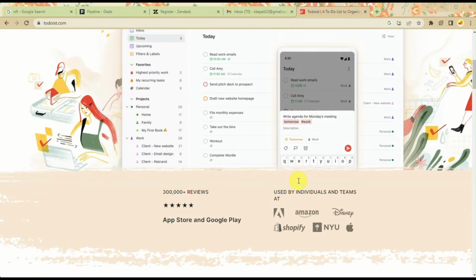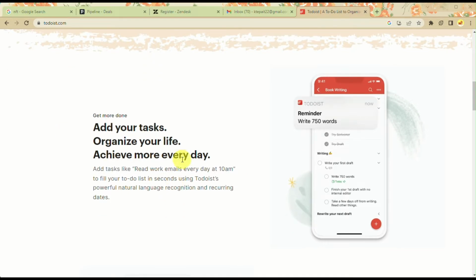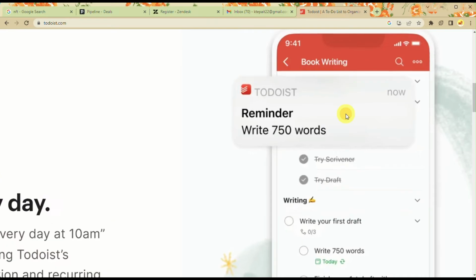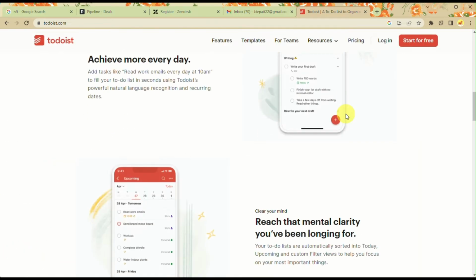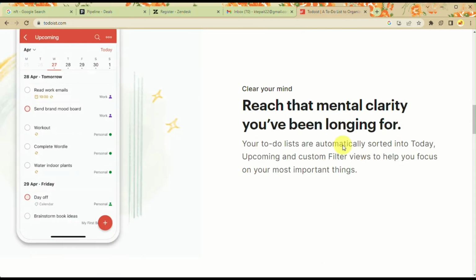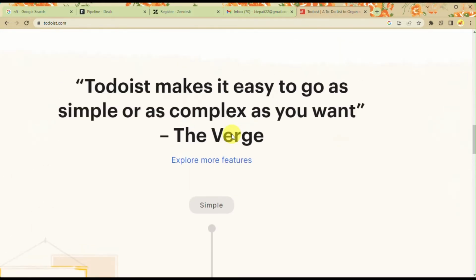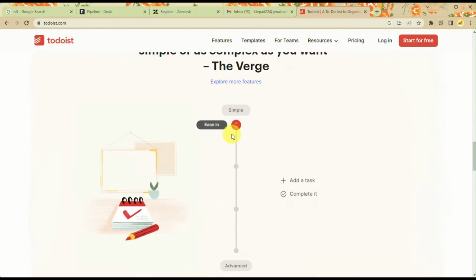So here on your browser, you can search for todoist.com, and here you can browse the details before you log in, where this will allow you to clear your mind and reach the mental clarity that you've been longing for. This also is an easy, beginner friendly platform for you to